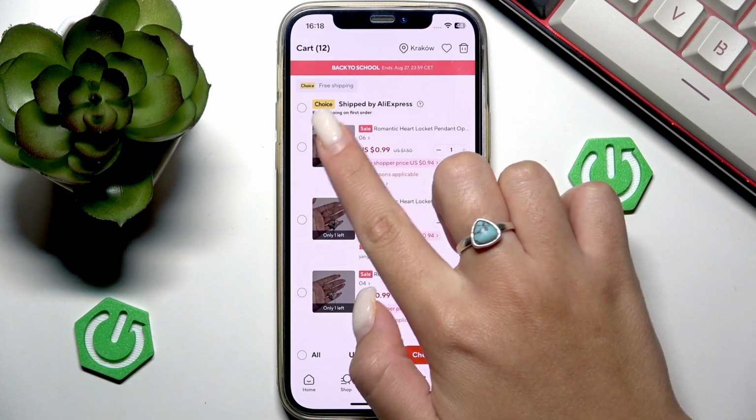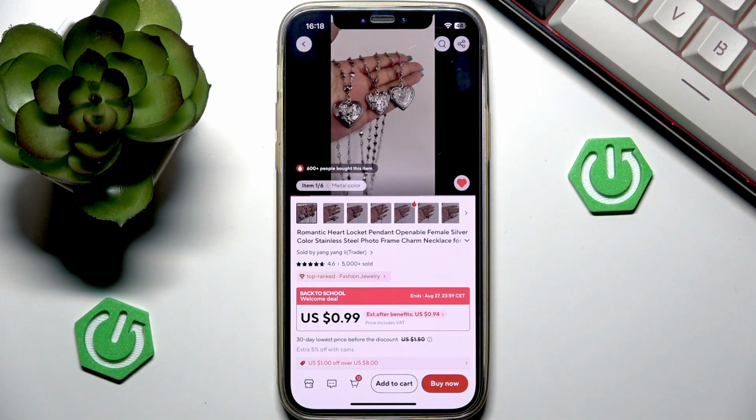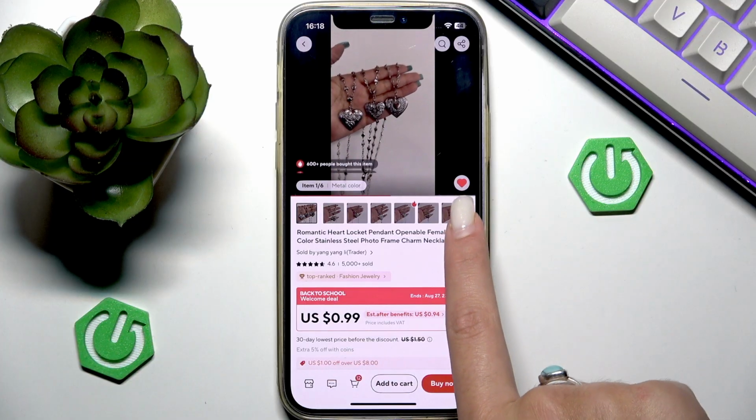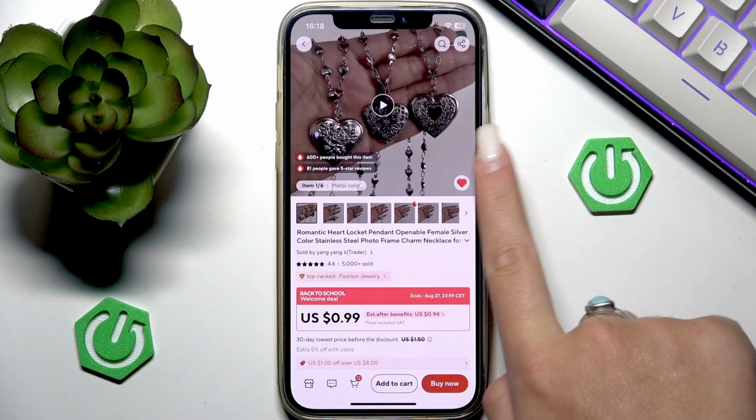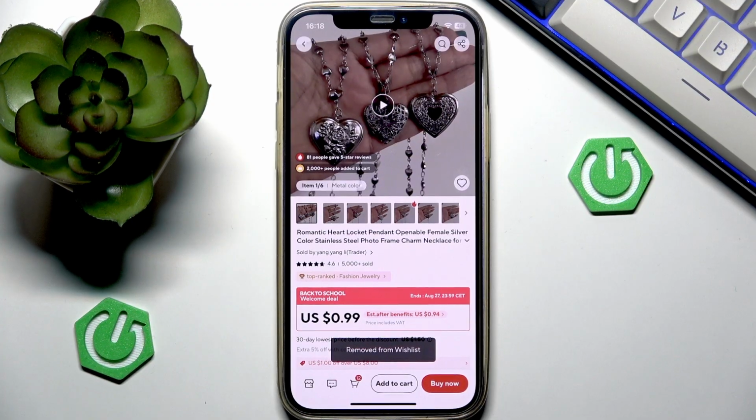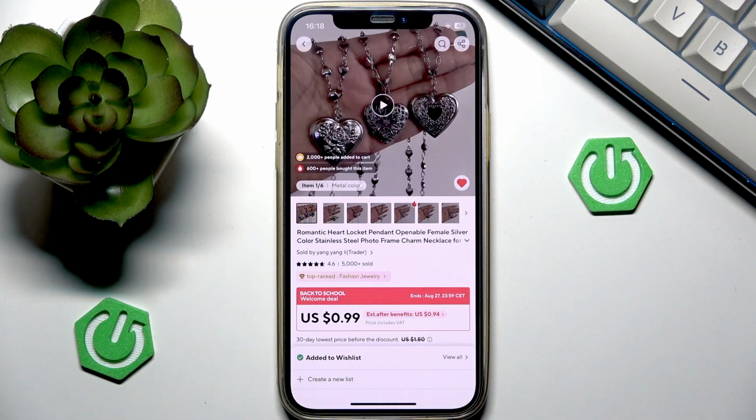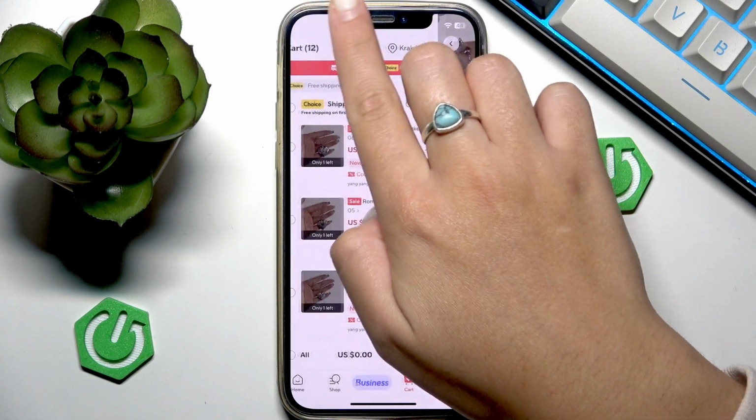To do that, you need to open the item and make sure that the heart next to it is red, because if it is not on my wish list, it will simply be gray. You want it to be red. So when you make sure that